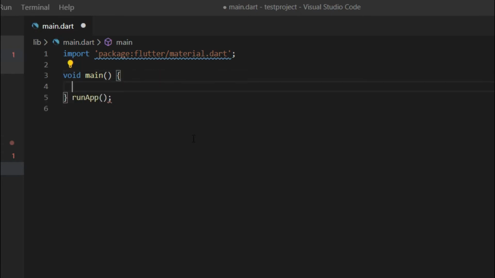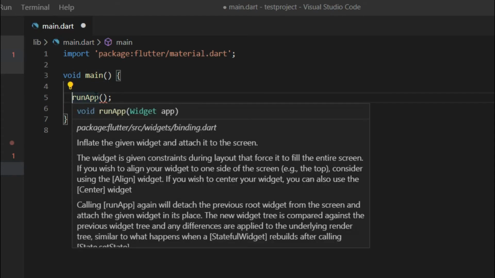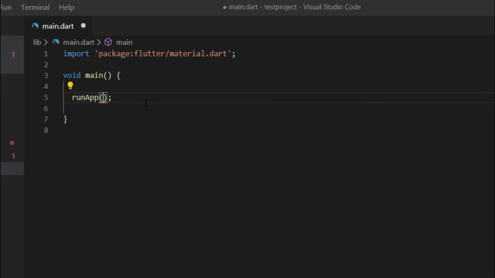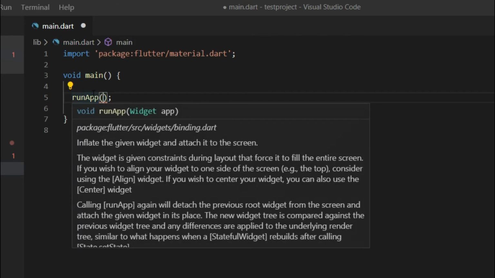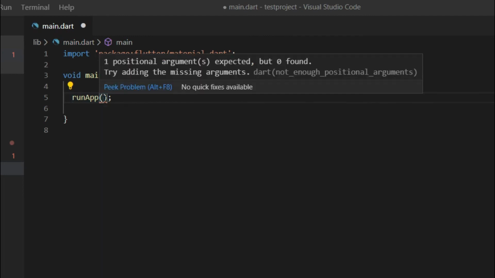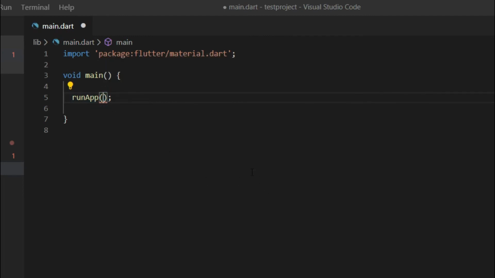We will use the normal notation that we will use in many languages like in Java. So normally we have written the function like this. So the main function will run the function of the runApp at the execution time. So when the program will start, it will start the main function and the main function will run the runApp function. So here we can add our logic here.